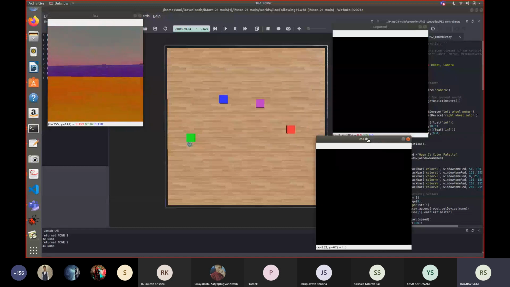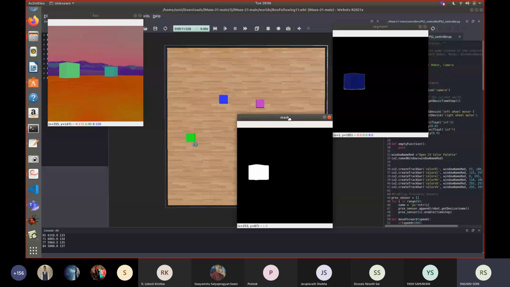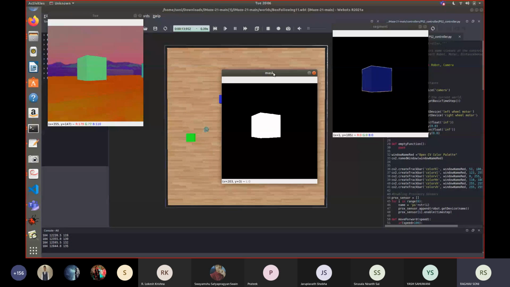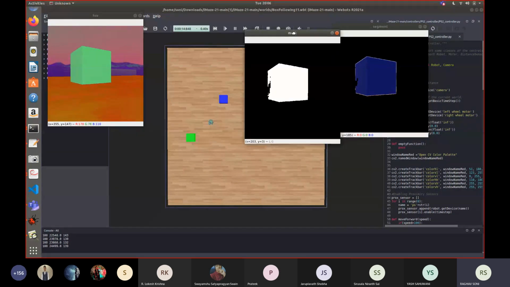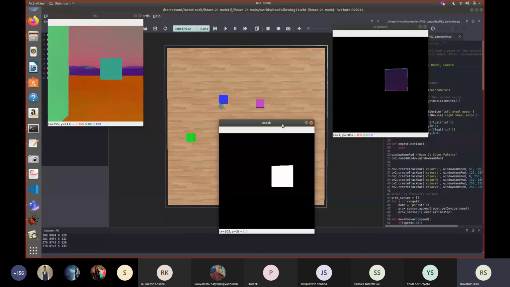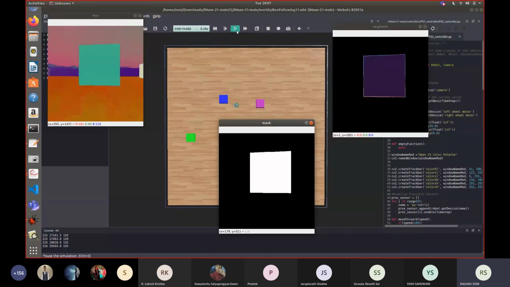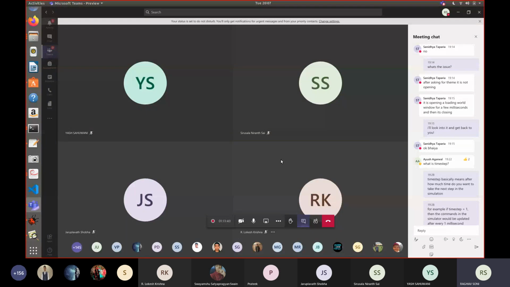Now it's searching for the blue box, it can't find it anywhere, so it will just move forward a bit. Then now it can see the blue box and it will move towards it. So it's just a gist of how to solve the PS, and your mentors will be there to help you if there is any confusion. Now the blue box is reached, now it goes for the purple one, and so on. So this will be the PS2 for you, and that's all I have from my side.